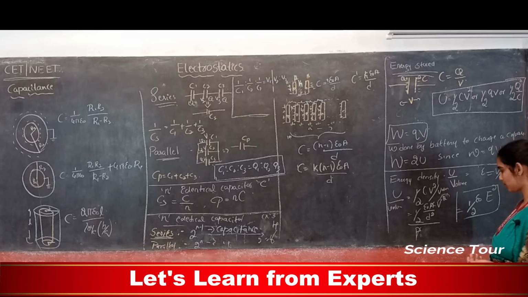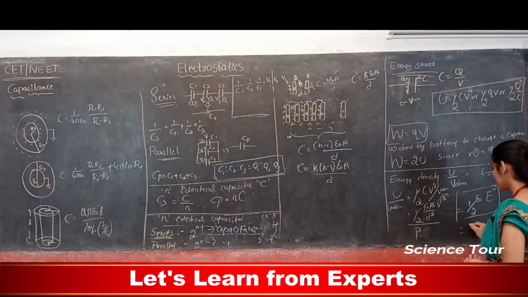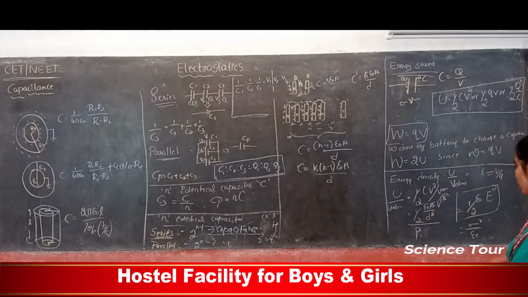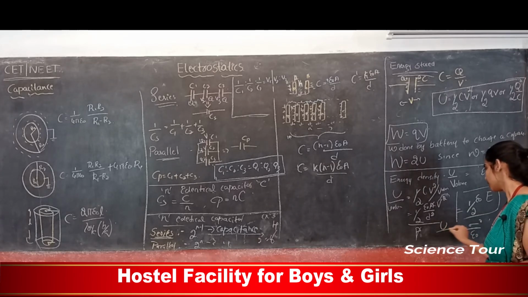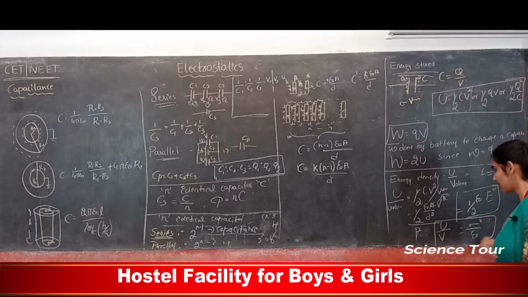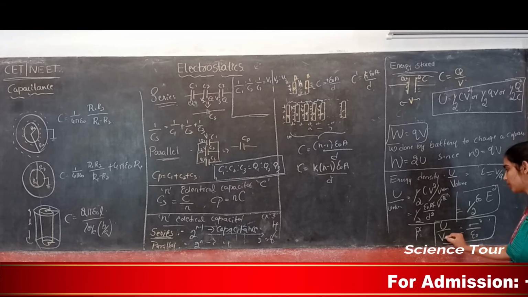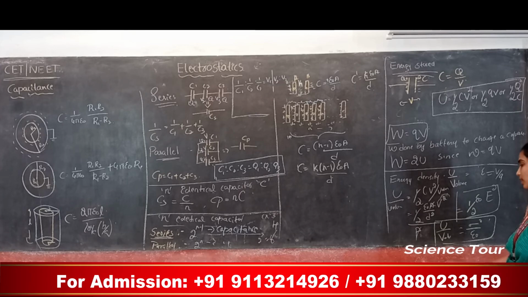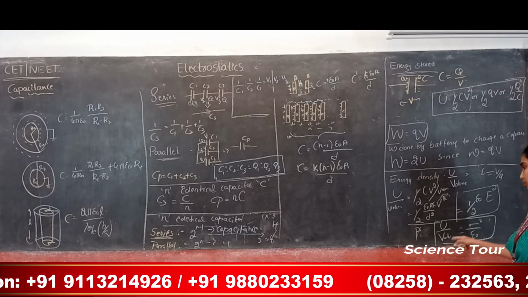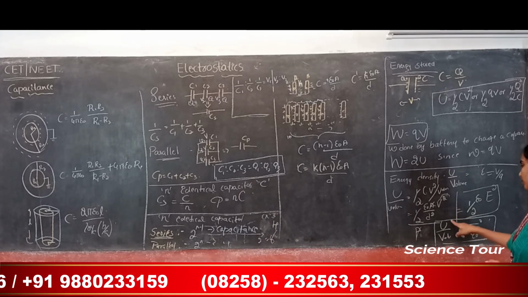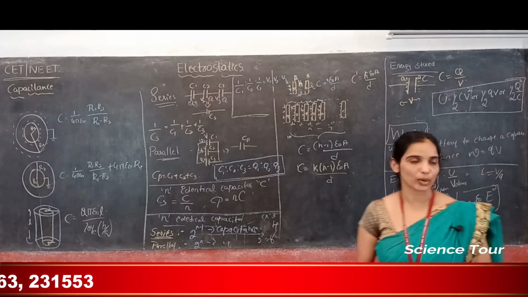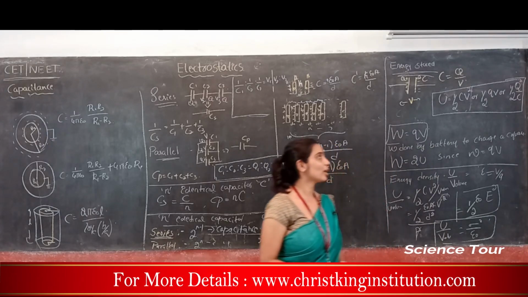There is one more expression for energy density, that is sigma square divided by epsilon naught. Epsilon naught is the absolute permittivity. So energy density, energy per unit volume. Here if I write V, you shouldn't confuse it with the potential. Here I meant volume. So VOL, right? Energy per unit volume is sigma squared by epsilon naught. So this is the energy density of capacitor.